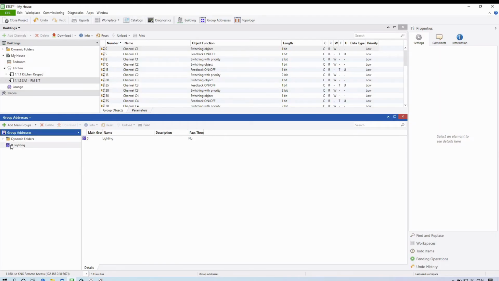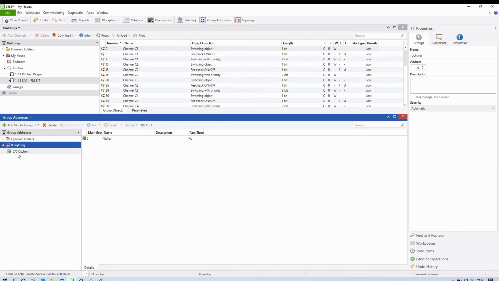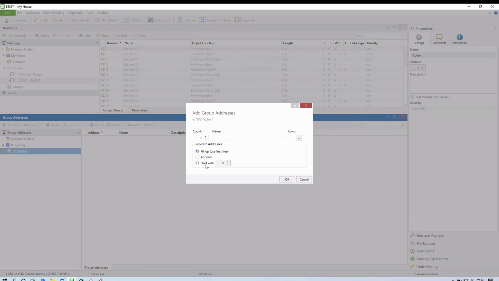And then I've got the main group here, and then I need to add a middle group, which is the second level, which in this case I'm going to call the kitchen. And then finally, I'm going to add the actual group address, which will be the kitchen. Now it is important to put this room name here again, because when you see the messages in